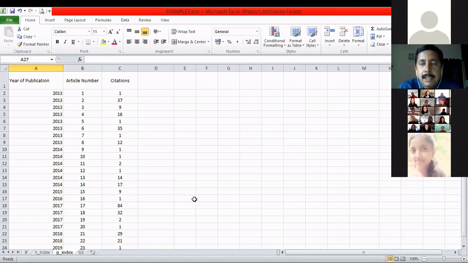If an author has an H index of, let us say, 100, it means that out of all the articles published by that author, at least 100 articles have received a minimum of 100 citations, which is a huge number, a phenomenal number. So that is H index.